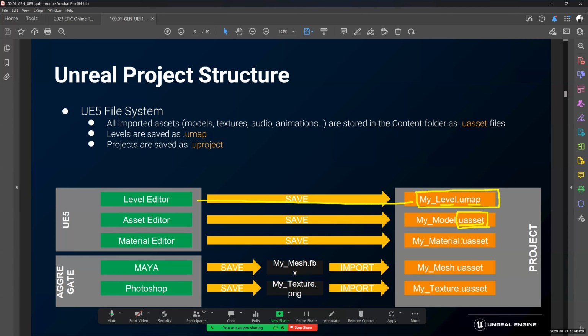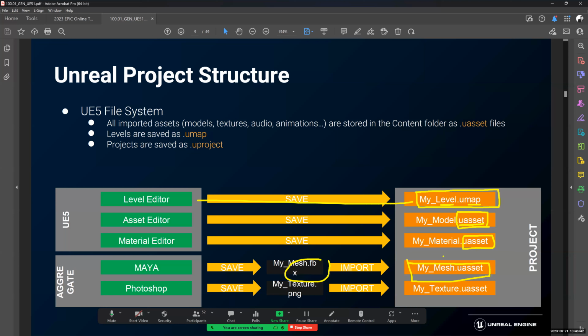Material, same thing. If you bring in a material together with an object, which is an FBX, it brings the materials in, but it's going to name it as UAsset. If you bring it from Maya and save as FBX, it's going to convert to mymesh.uasset.